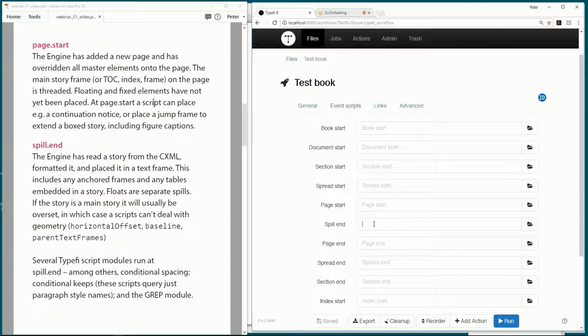And story here means either a whole main story, but it can also be the content of an element, a caption. Anything that ends up in a text frame is a story. Floats are separate spills. If the story is a main story, it'll usually be overset. And because most of the story is overset at spill end,